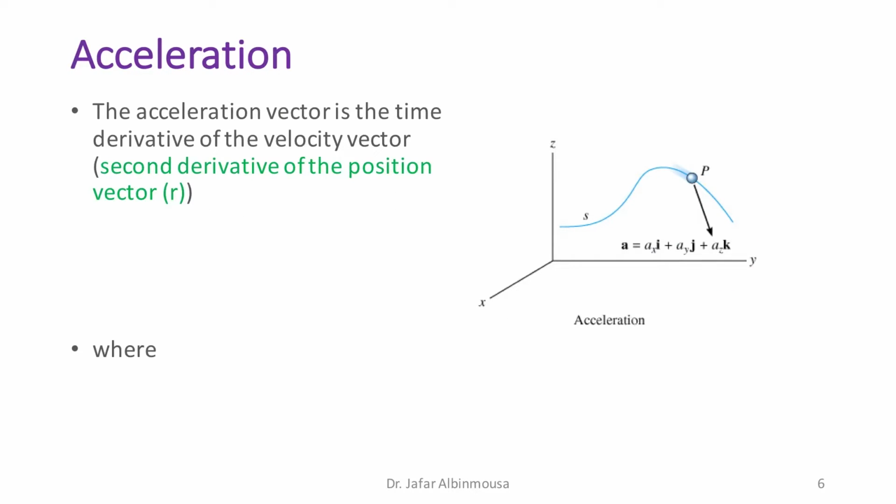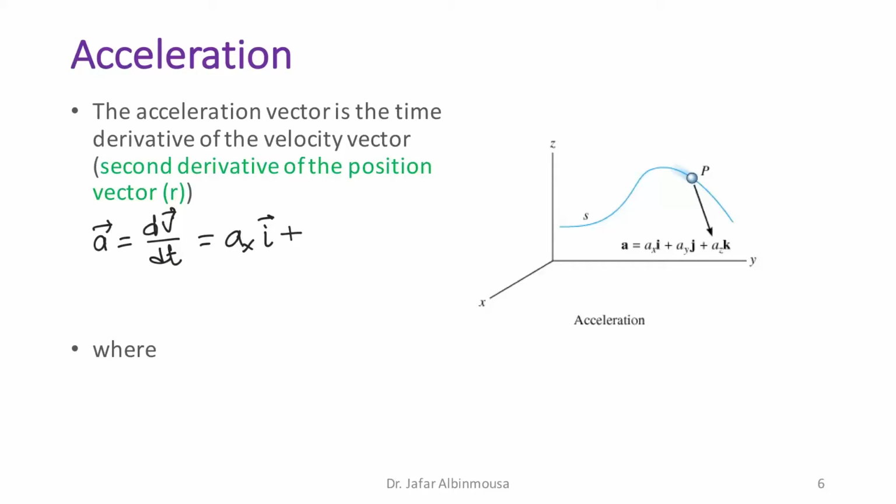Now, finally, let's move on to the acceleration. So the acceleration is not different. It is the time derivative of the velocity vector, or the second derivative of the position vector r. So if we want to write that, then we will have the acceleration as a vector equal to the derivative of the velocity vector with respect to time, which is going to give you